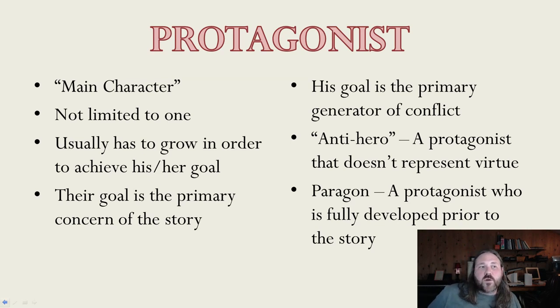The second one I'll talk about is what I call a paragon character. A paragon character is sort of a type of static character. A paragon character enters a story fully developed. They don't really have an upward growth curve, as we would understand it. They're fully developed, fully adult, and they have goals, and the conflict is really the same thing, but they don't necessarily have a growth curve.